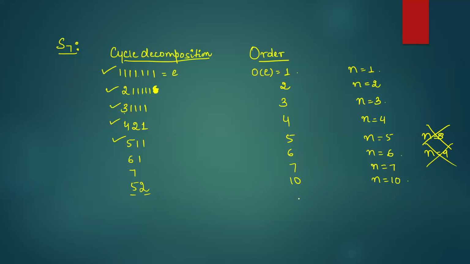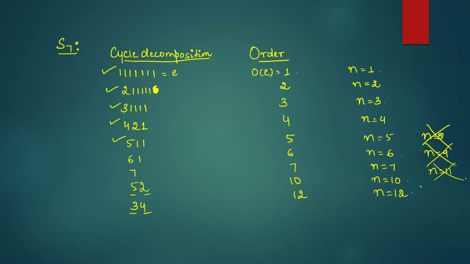That is possible. वैसे ही 11 के लिए, 11 तो एक प्राइम नंबर है, देयरफॉर हम को एक साइकिल चाहिए ऑफ लेंथ 11 विच इज नॉट पॉसिबल इन S7। सो n इक्वल्स टू 11 ऐसे ही डिस्कार्ड हो। अभी n इक्वल्स टू 12 के लिए इफ आई टेक 3 एंड 4, तो इधर the order of this element with cycle decomposition 3 and 4 is LCM of 3 and 4 which is 12. So 12 order का element है, therefore